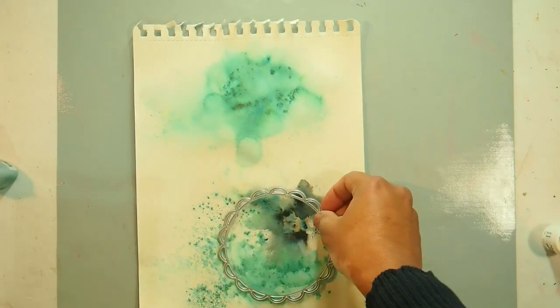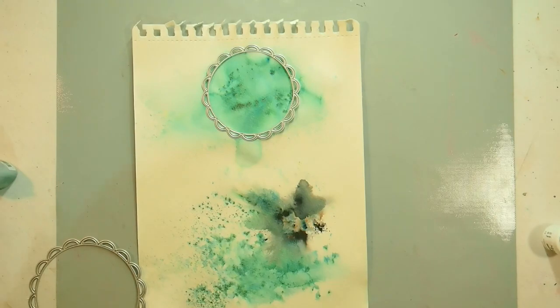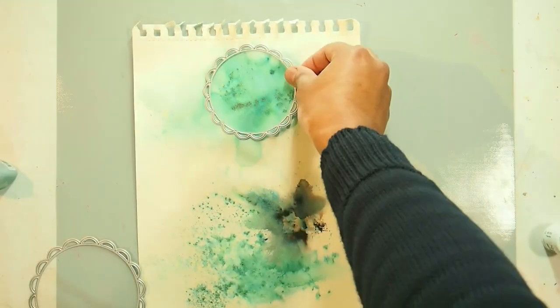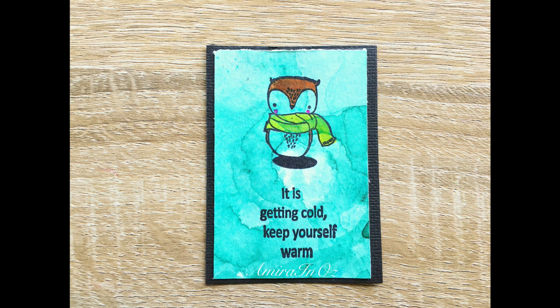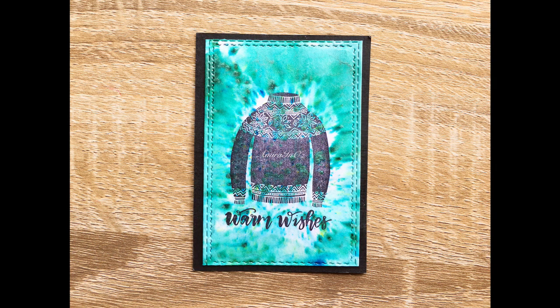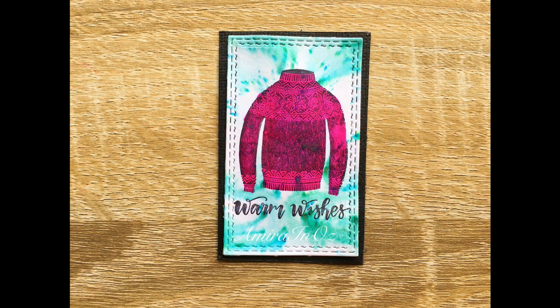Now, you might wonder, what in the world can you do with something like this? Well, you can actually cut shapes out of these and use them in your art play. So in your journals or in your cards, just grab whatever shapes you have and then cut elements out of these beautiful backgrounds and then stamp on them, or maybe even stamp your sentiments on them